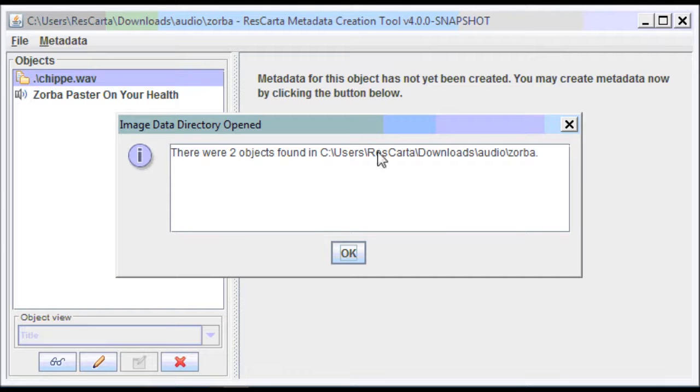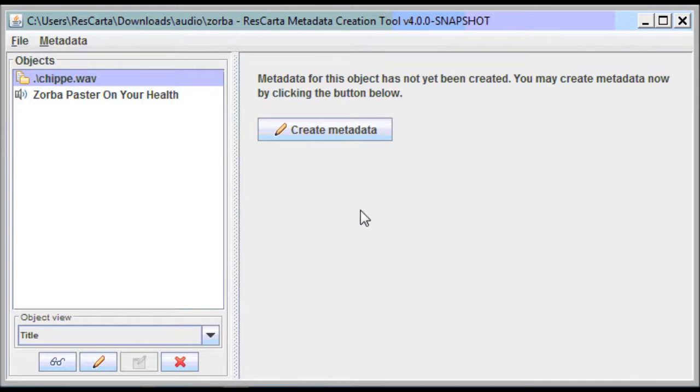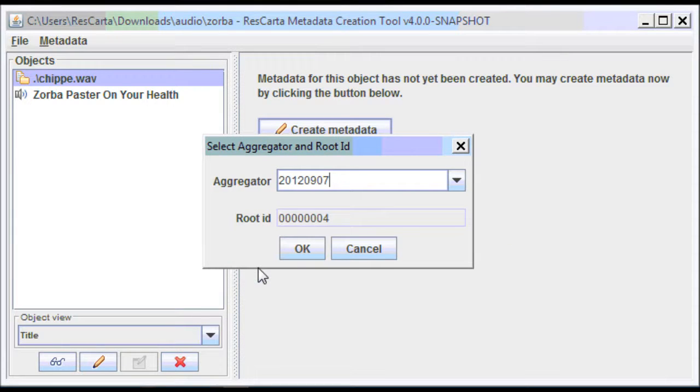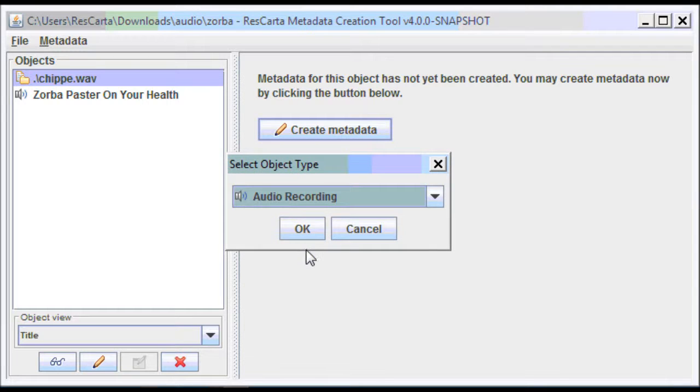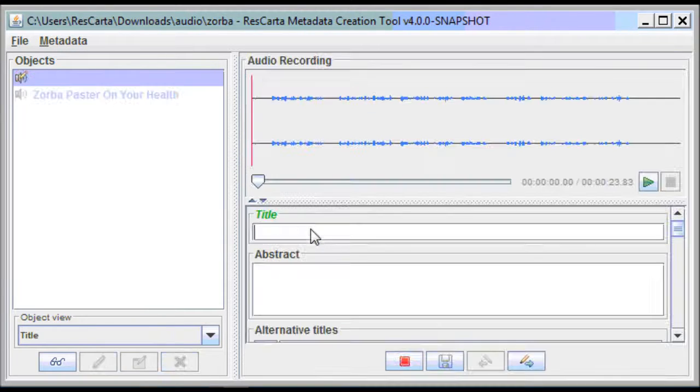It found two waves. One has data already, the Zorba paster, but the other one has no metadata yet. So I'm going to make it RcAudioTools and give it an aggregator, pick audio recording from the pull-down list. And now what I've got is the same interface that you would have for a text object or a photograph. And we can start adding titles here to the object. You see the object above. There's a map of the audio output. We can add abstract message from the